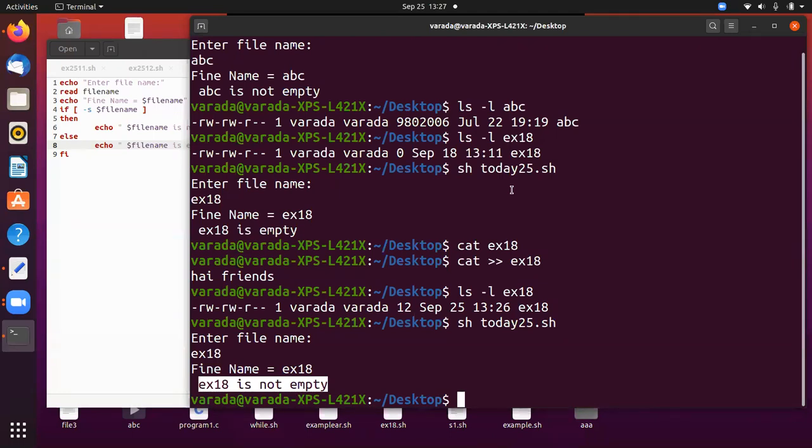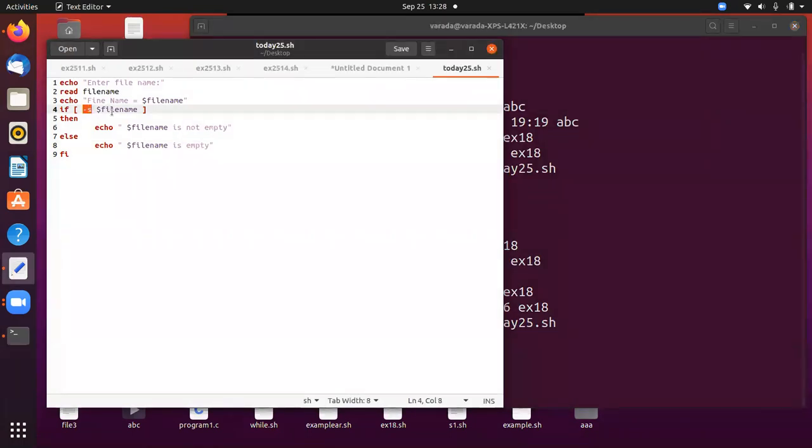Another one is we check whether the file is empty or not. So for a file you can use -f to find whether it is available or not. For a directory you are going to use -d. For whether a file is empty or not, you are going to use -s.